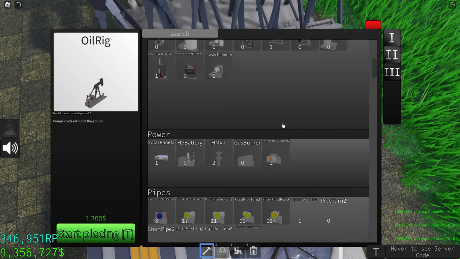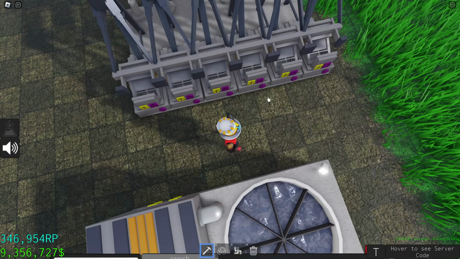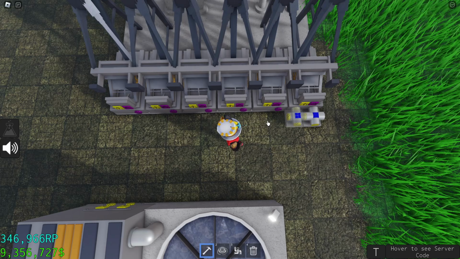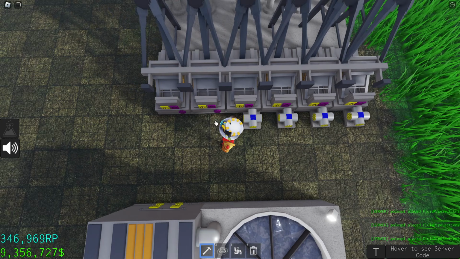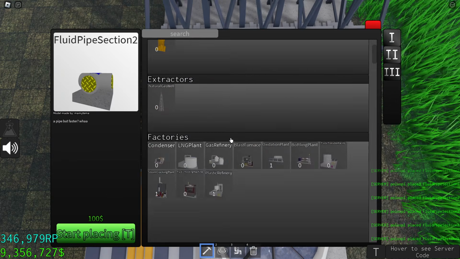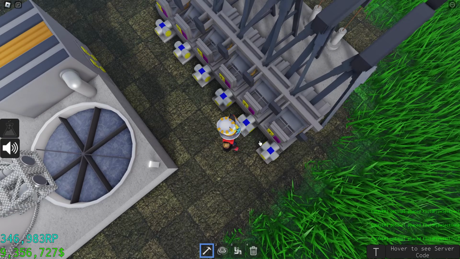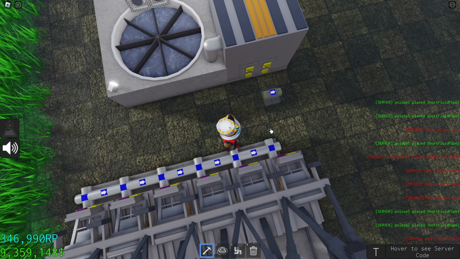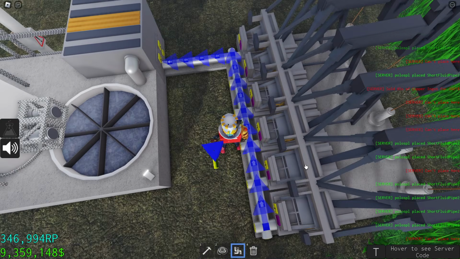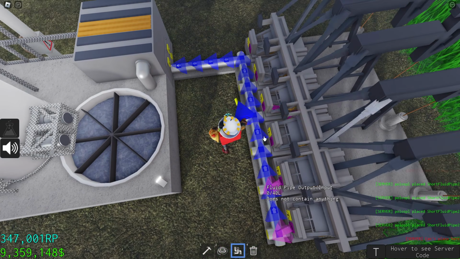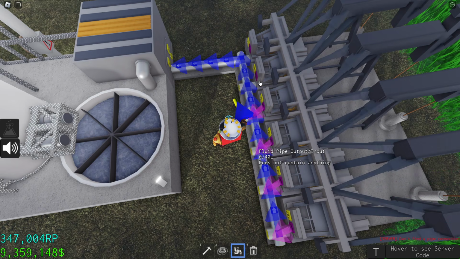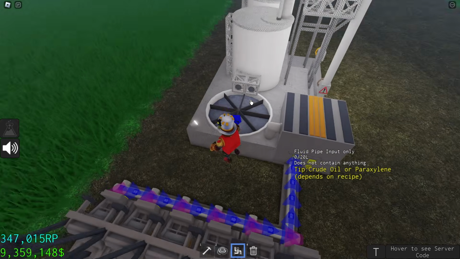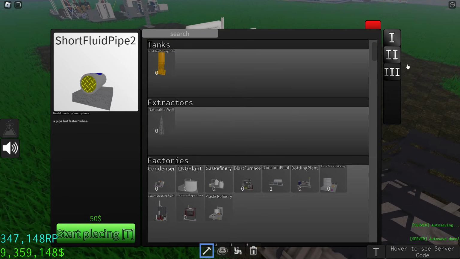Now you're going to have to connect all of your oil rigs into your refinery. Just remember to connect the outputs to the input, and after that you're going to need